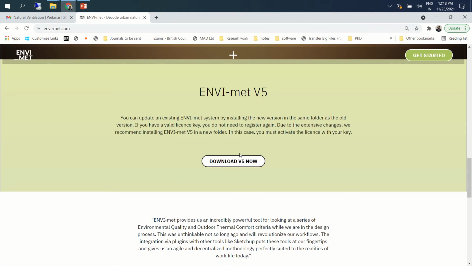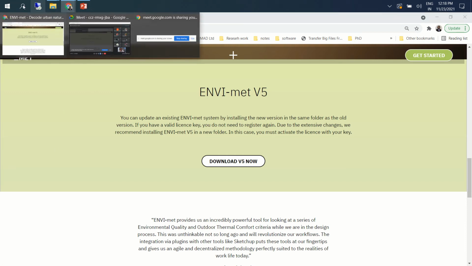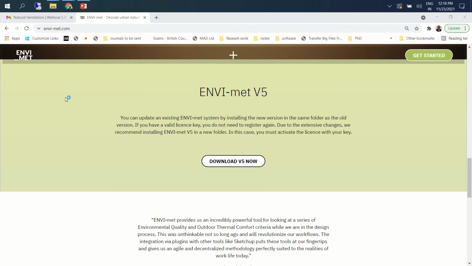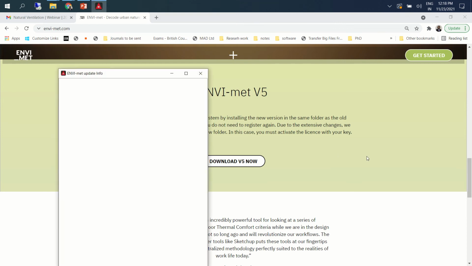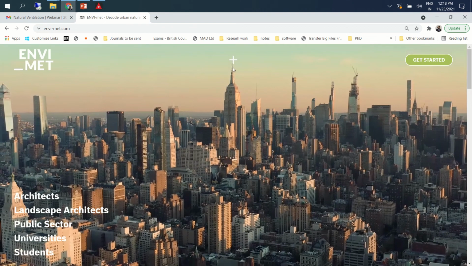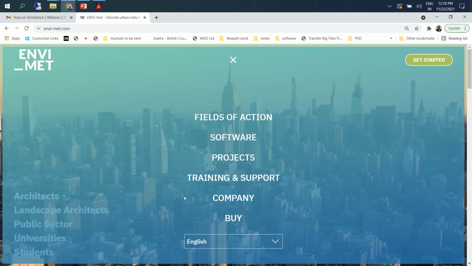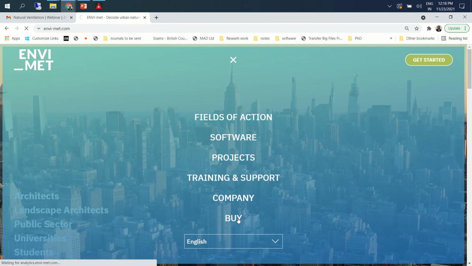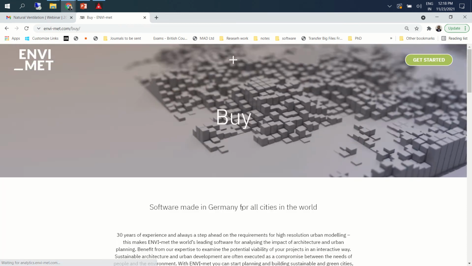The software as such is not a big software. I think it will be 50 MB or so, but the simulation process is complex. So what I do now is I'll just launch EnviMet. Before I do that, you can also check other things here. There are certain things that you can look at in the software, and I was looking for the cost of the software for students.